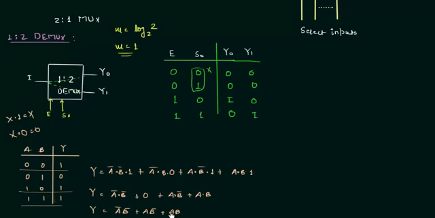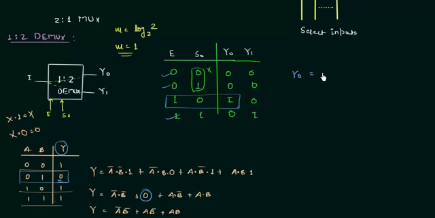We will try to find out Y0, Y1 in the same way. So let's start with it. For Y0, we can consider all the 4 cases, but as you can see, when output Y is low, we are going to get 0. So there is no need to consider the cases for which the output is low. In the same way, we will not consider the first, second and fourth case,